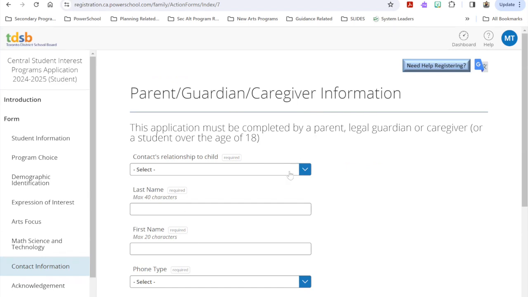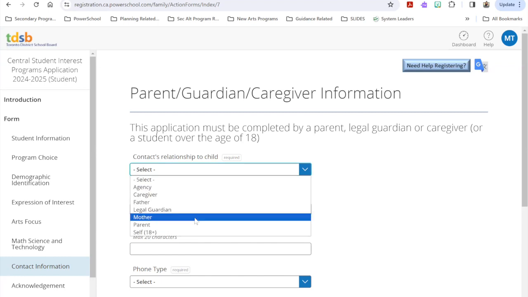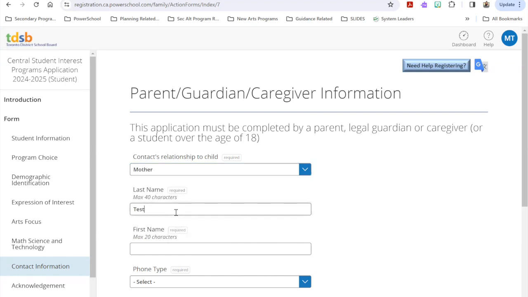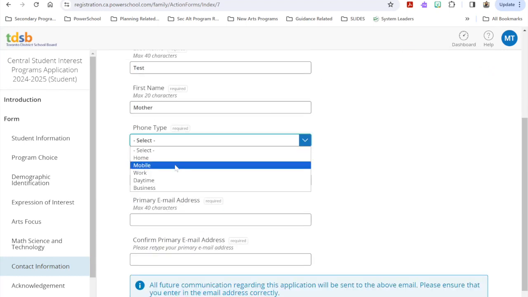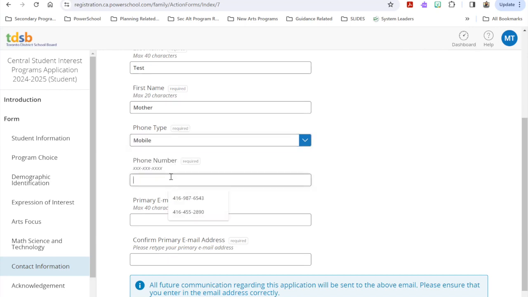Parent, guardian, caregiver information. This is where the parent guardian puts their information, and this is the information that will be used to contact the parent guardian around the results of the random selection process. So it's very important, again, that we've got the correct email address as a spot to confirm it.